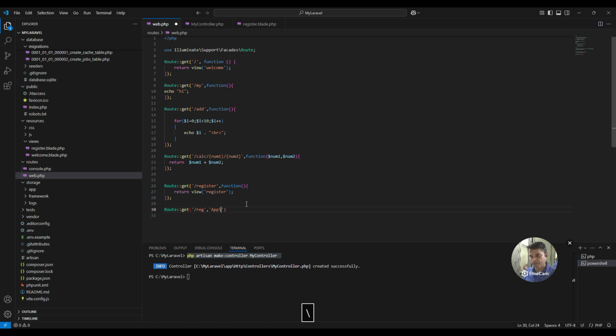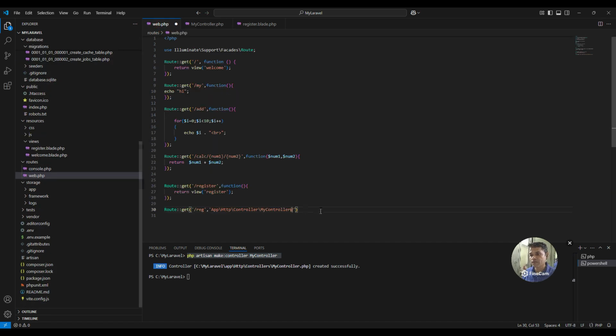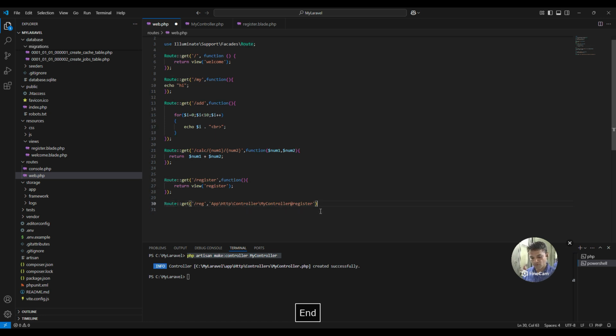So that is App\Http\Controllers\MyController, that is my file, and then the function name. The function name has to be specified by @. So what it will do is it will go inside this controller, and my function name is register. So I give the function name as register. So this is how you call